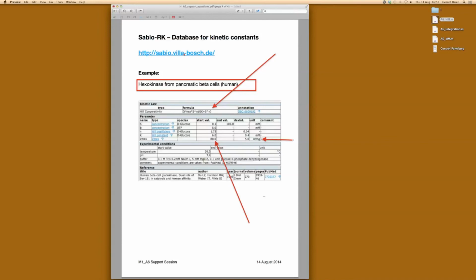With this recommendation of using the Sabio RK web database, we conclude our session for today. And we hope that you have had some useful information into getting flexible